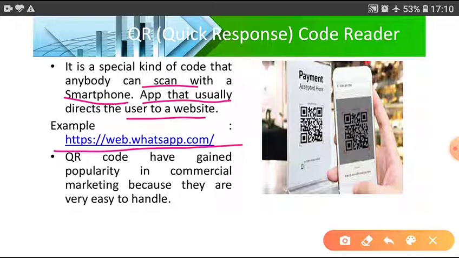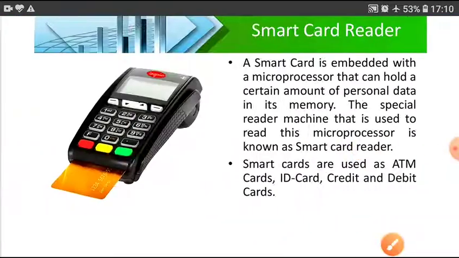You will be directly redirected to the particular website. As an example, you can open WhatsApp in your computer system by scanning a QR code. You can make payments by PayPhone and different types of payment gateways, payment software. You can use QR codes.